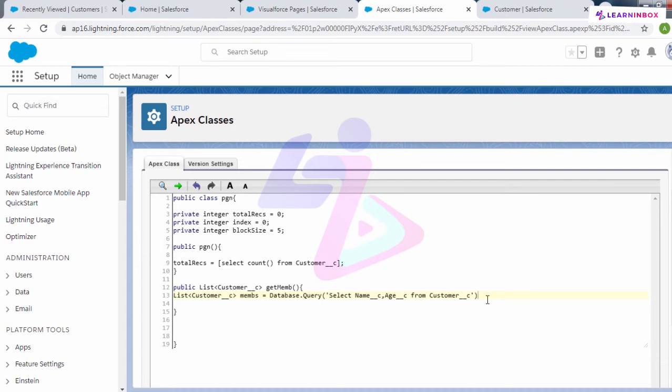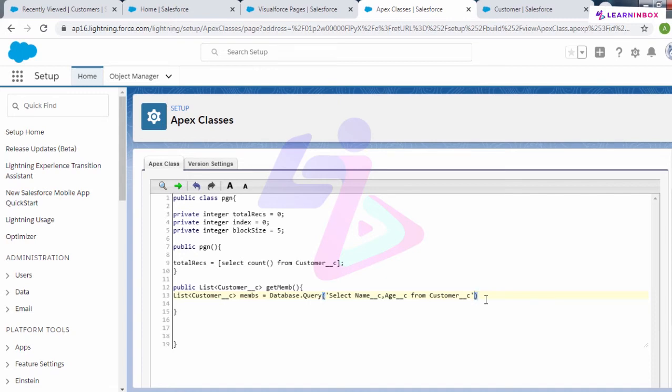So we require a query to be generated as a string. Whenever we use database.query, it becomes a dynamic query, meaning the query will be generated as a string. That is the purpose of using database.query.